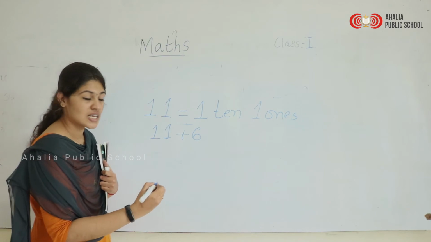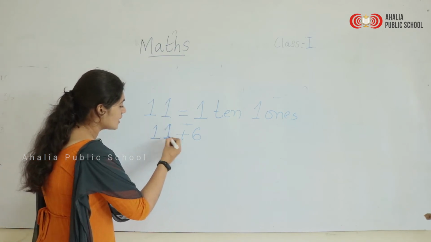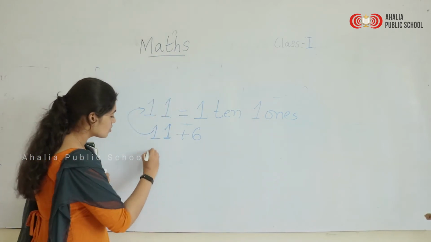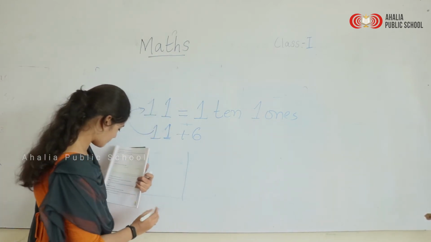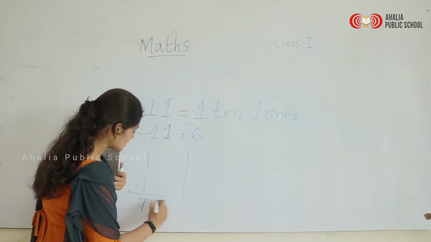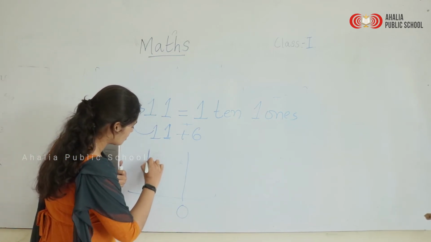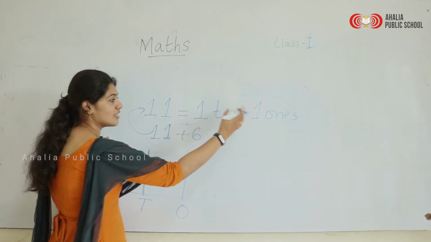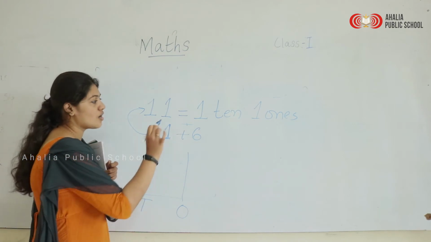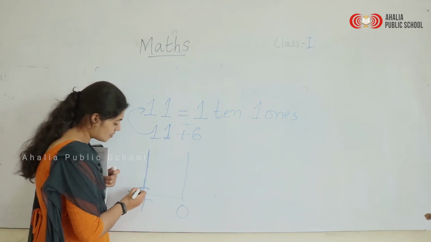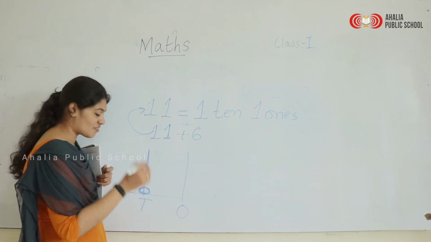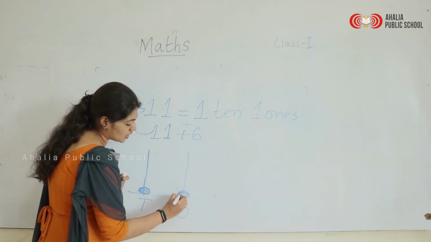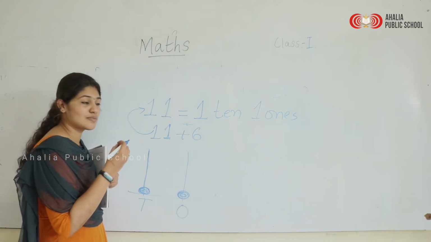11 plus 6. So 11 we have already split in this form: 1 ten and 1 one. Okay. So let's draw the abacus. Here tens place, here ones place. So what we have to do is take the number 10 and draw it here, take the ones and draw them here. Okay, how can we represent 10, children? 1 bead on the tens place, which means that we are having 1 ten and 1 one. 1 one also we have to draw here, and we want to add 6 more ones.